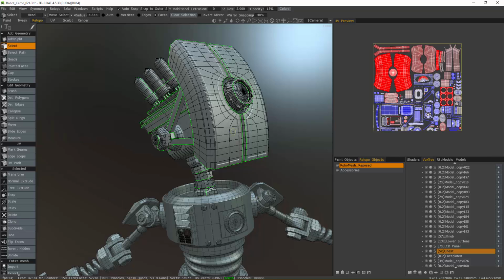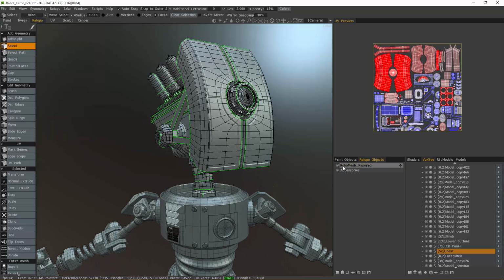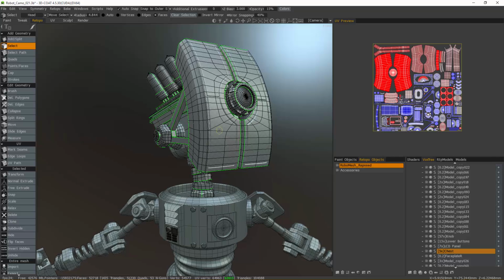For one thing, you've got your voxel object to hide, and then you have your retopo mesh you have to hide. In this case, practically everything is on this one entire layer. So hiding everything doesn't seem to be so easy to do. In your standard 3D application, you probably have all these individual parts separated on their own layer, but not so